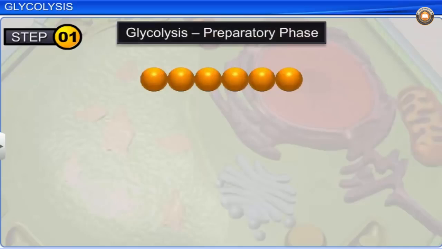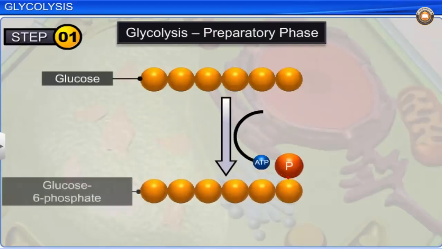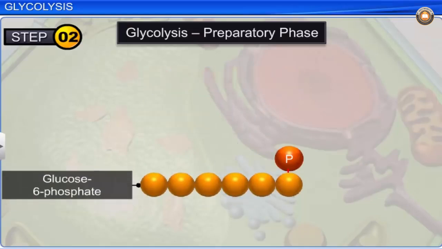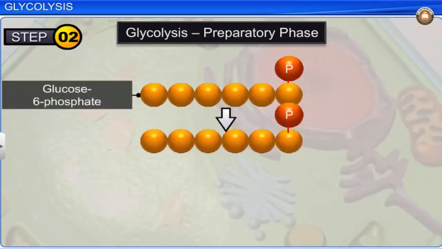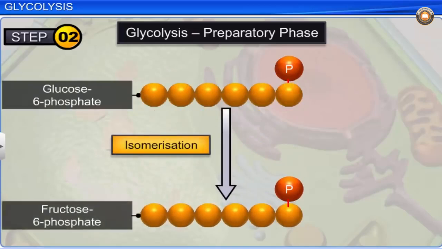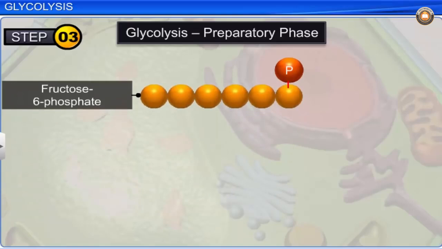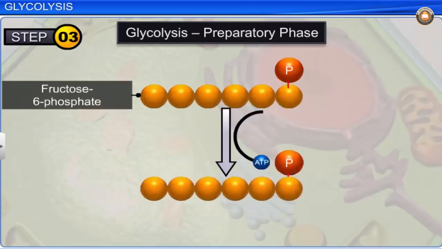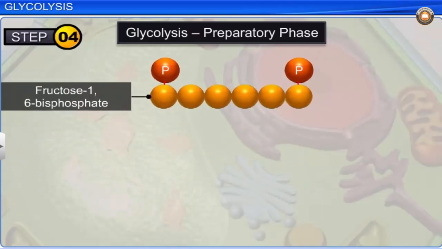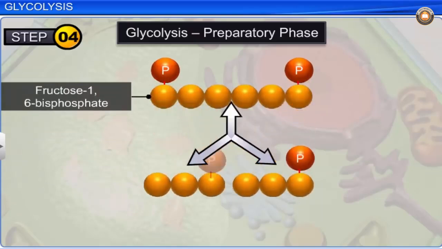The preparatory phase starts with the phosphorylation of 6-carbon glucose using ATP to form glucose 6-phosphate. It is catalyzed by the enzyme hexokinase. Glucose 6-phosphate thus formed isomerizes to form fructose 6-phosphate. Fructose 6-phosphate is then phosphorylated using ATP to form fructose 1,6-biphosphate. The fructose 1,6-biphosphate splits into 2 molecules of 3-carbon